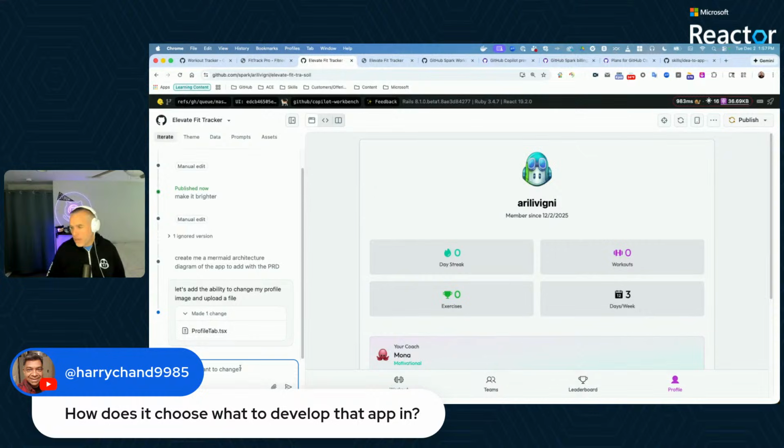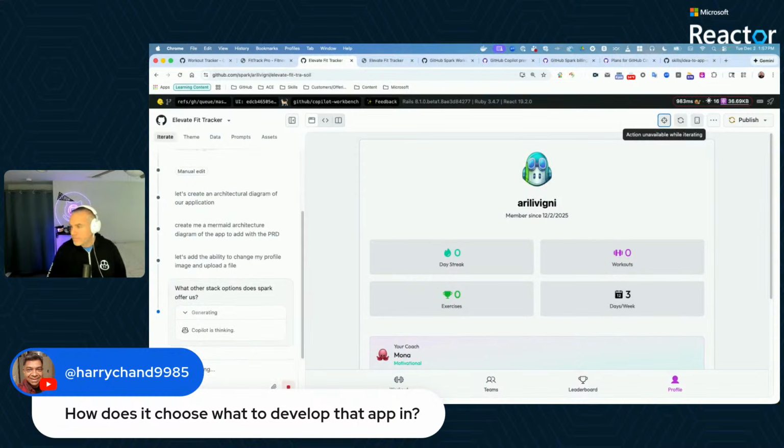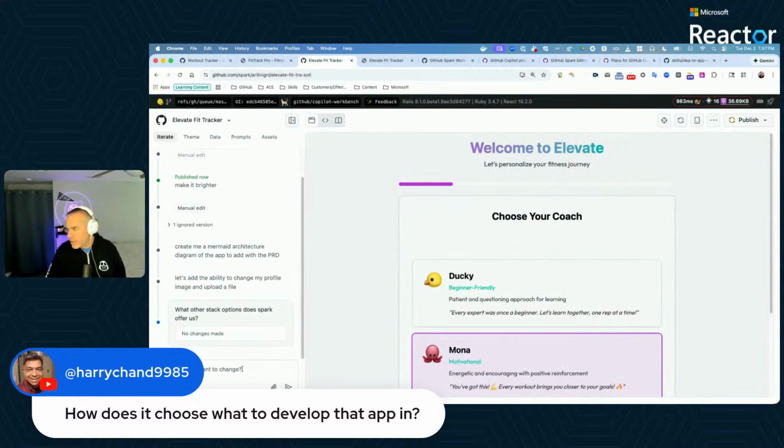I guess we could ask, what other stack options does Spark offer us? Hopefully it doesn't add that to the app, but we'll see what it does. I think it's a good question. I think there are other stacks you could request, or say, if you have another name of a stack, you could do that. So if maybe there's a Python,